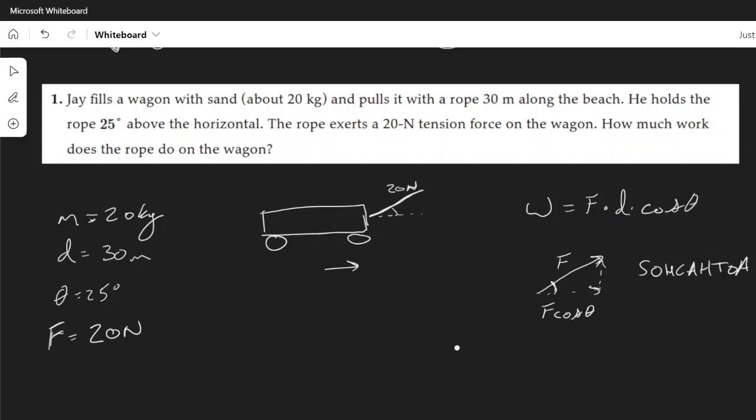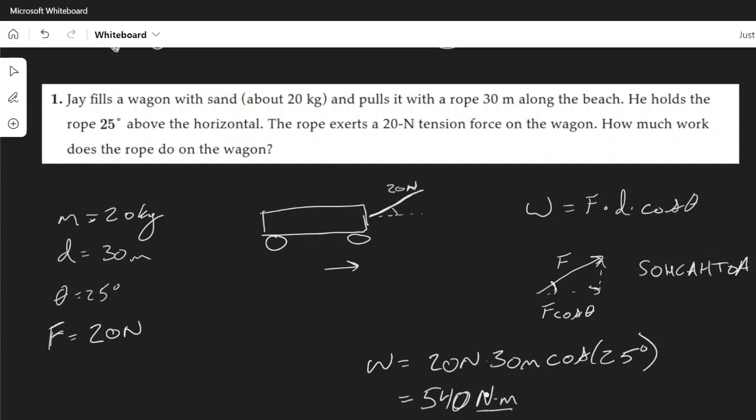So in my calculator, I'll just type in my work is equal to 20 newtons times 30 meters times the cosine of 25 degrees. And what I get is around 540 newton meters. A newton meter, we're going to write as a new unit. It's called a joule, and I abbreviate it with the letter